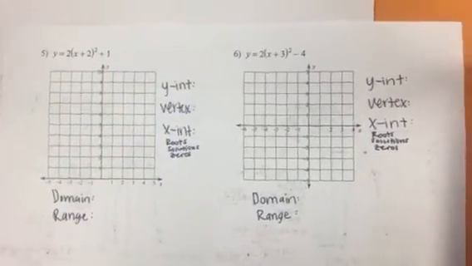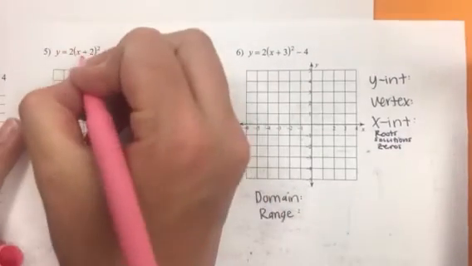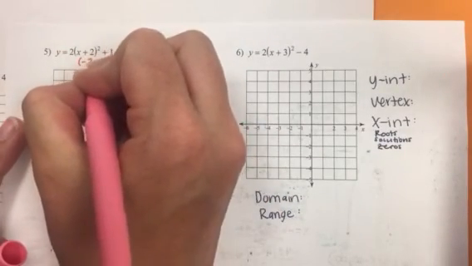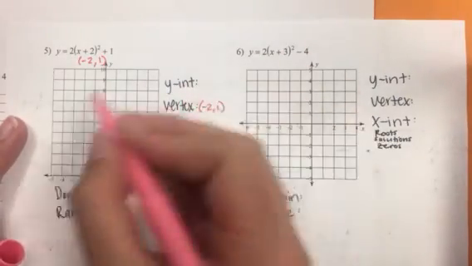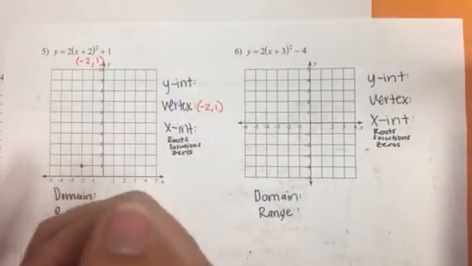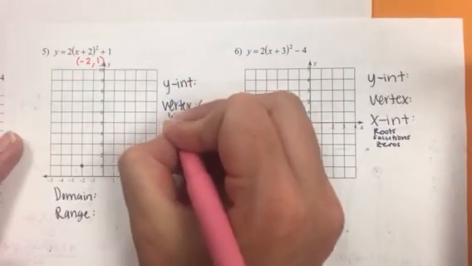Alright, we have vertex form again. I take out the 2 and it becomes a negative. The 1 stays the same. Negative 2 up 1. My pattern is 1, 3,